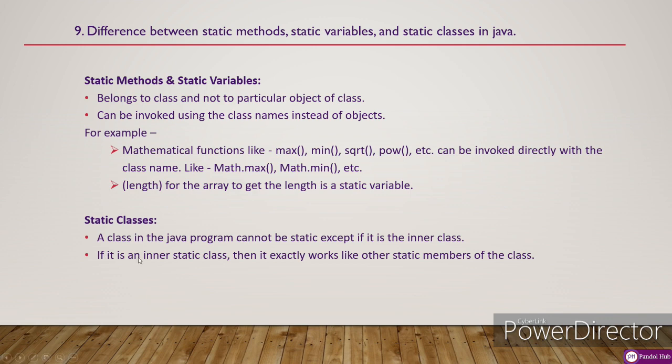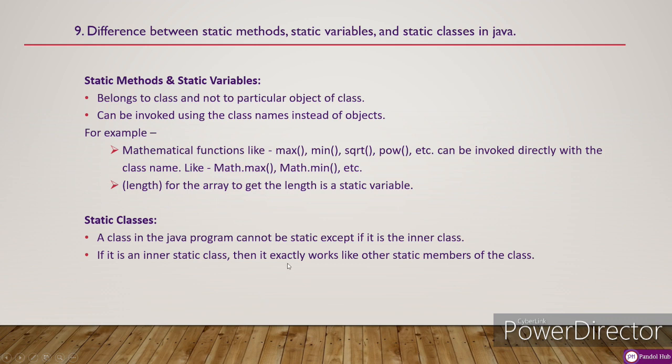If it is an inner static class, then it works exactly like other static members of the class. So this inner class, when declared as static, has the same behavior as the static methods and variables, like the whole scope belongs to the class and they can be invoked using the class names instead of creating